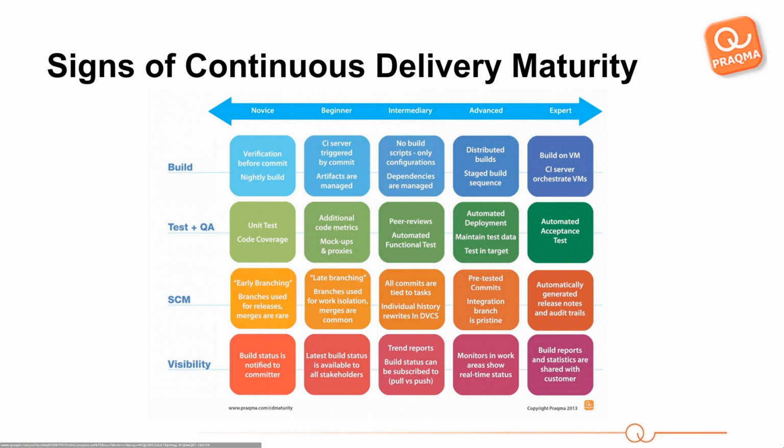In the visibility layer, you have basically that things should be notified to the people who committed the stuff in the early stages, and then you start on with showing more and more information, creating trend reports that you can actually use to monitor how you progress. You have monitors potentially hanging around your company that are actually showing this progress, and if you're really courageous, you can share this information with your customers so that they can actually see how your code is going. We see a lot of companies actually doing that when they have got their process